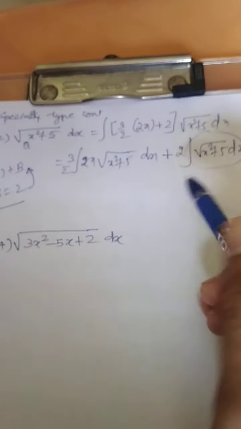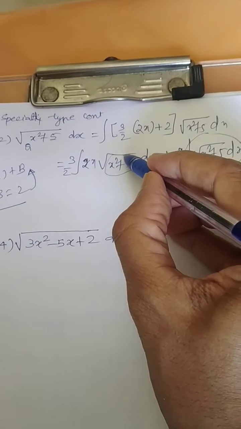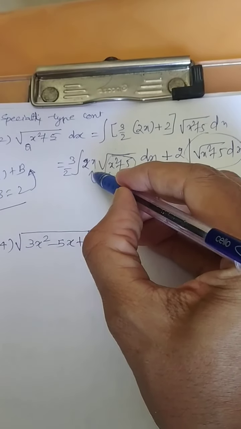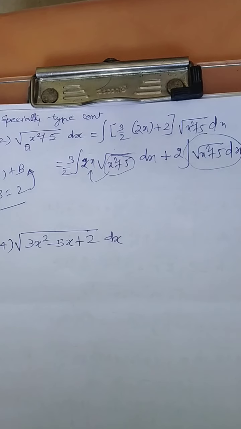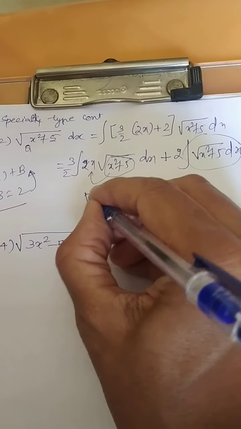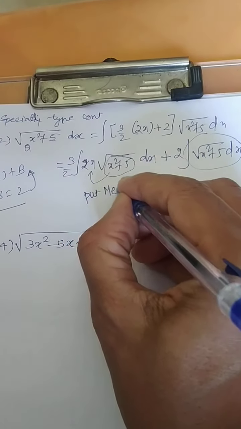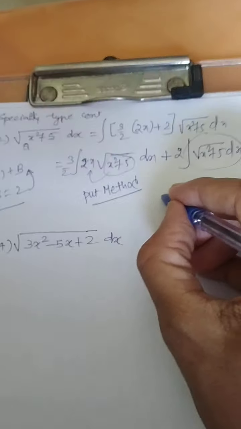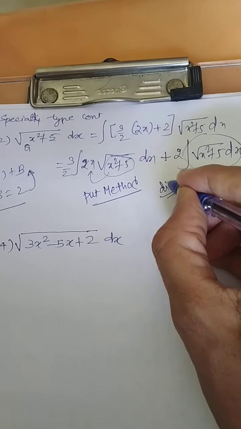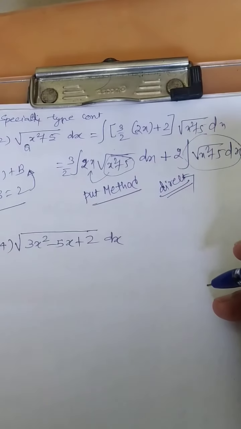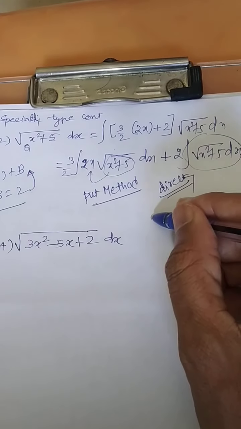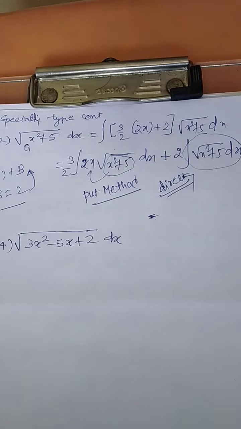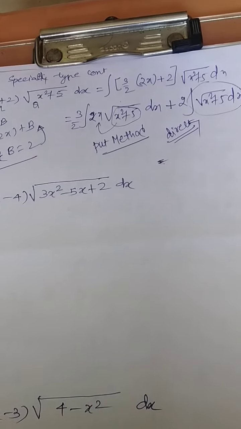But how to answer this question? Take this part as t and differentiation will be this. It will be root t dt. What is the integration of root t? Yes, t raised to power 3 by 2. And use this formula here, the substitution method. Here, direct formula. So complete it. I am waiting. You just complete at your end and then we will go further.